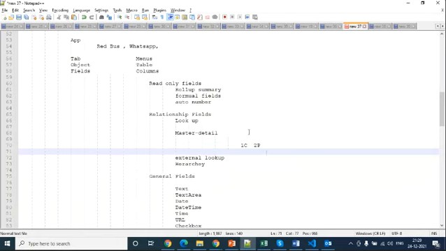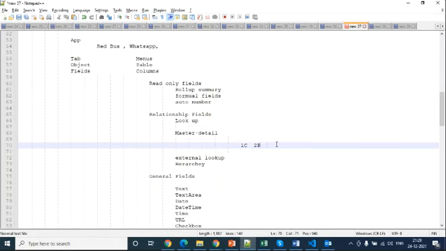So this functionality is called a junction object. Why are we using it? To make a many to many relationship.